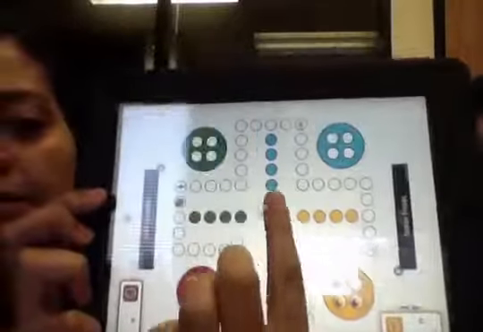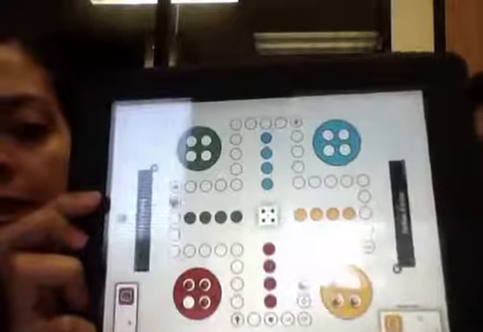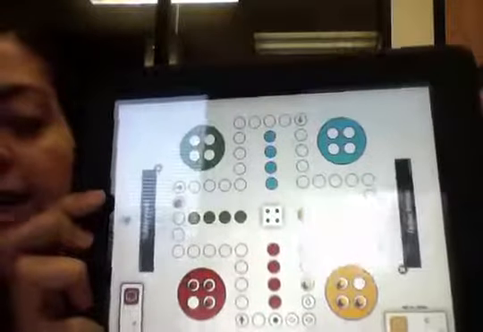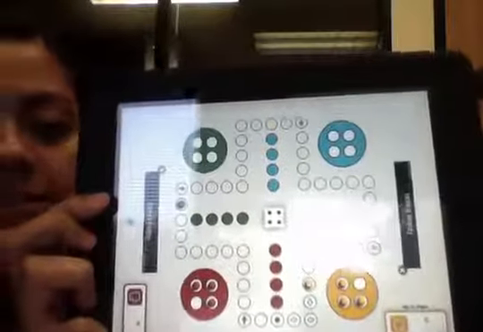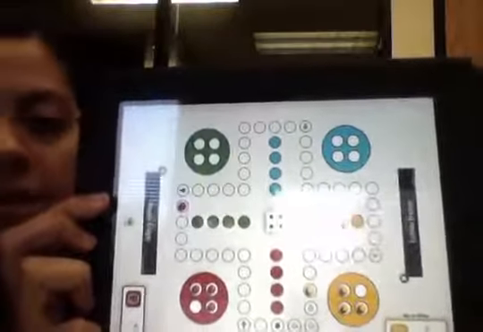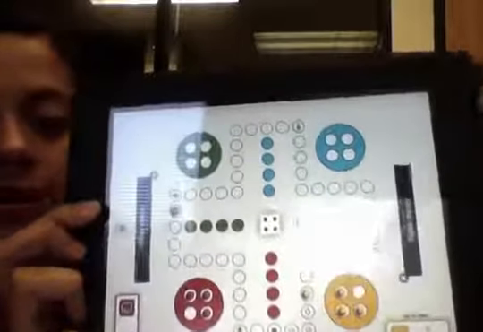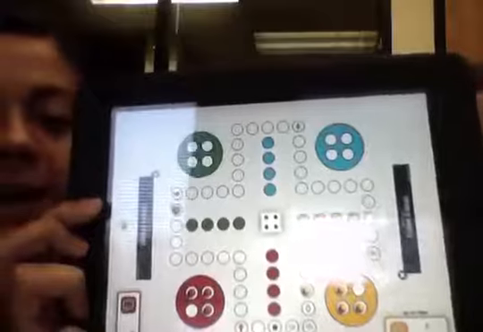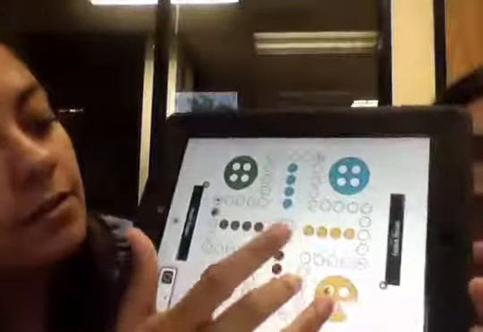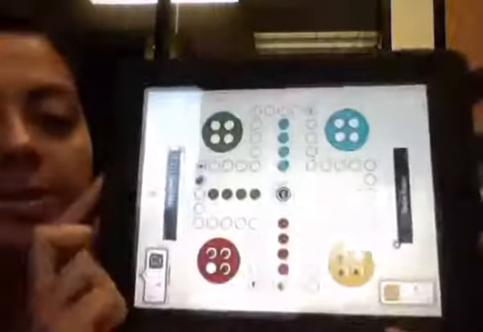So to start the game, you roll the dice. It's here in the middle. And again, this game has already started. When you first start the game, you roll the dice, and the highest roll gets to go first. So that can be a little bit confusing sometimes for kids, where they don't understand they don't get to move right away. But what I really like about this game, I'm going to move, so I just had my turn,